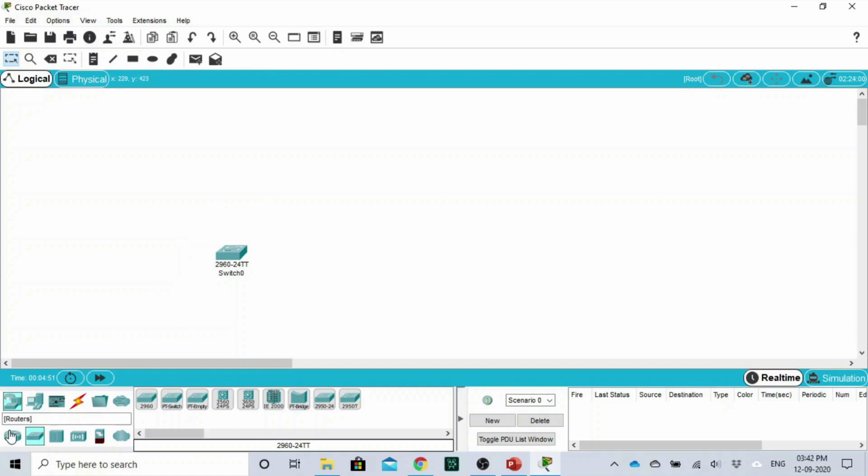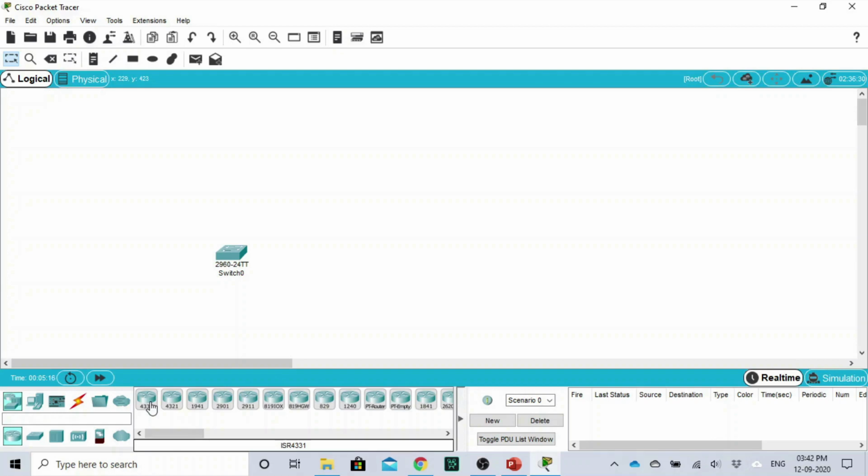Router is used to connect multiple networks. It is used to connect a device in a lab to another device in another lab, or from a device in Ibri College to a device in Muscat. It is in two different networks, or from a device which is connected to Ooredoo network to Omantel network.